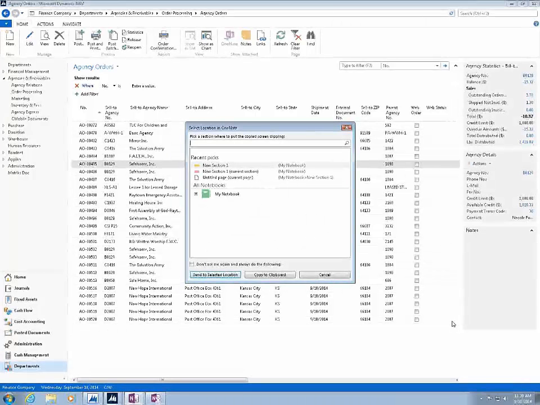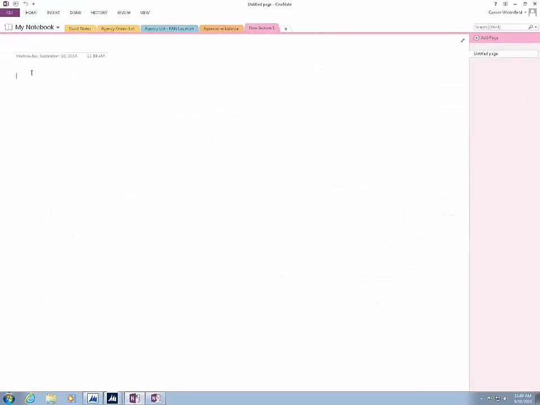And then it makes a screenshot, and you can tell it where you want to put it. So if I want to put it on the new section 1, current section or current page, wherever you want to put it, or you can just copy it to the clipboard and then paste it once you get over to OneNote. So I'm going to copy to the clipboard, go back over here,